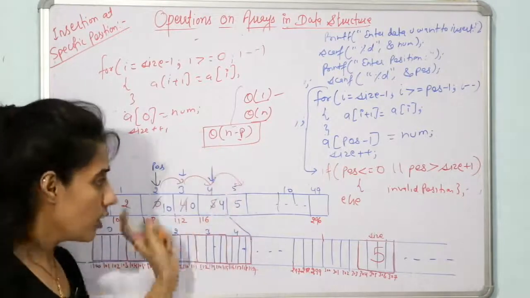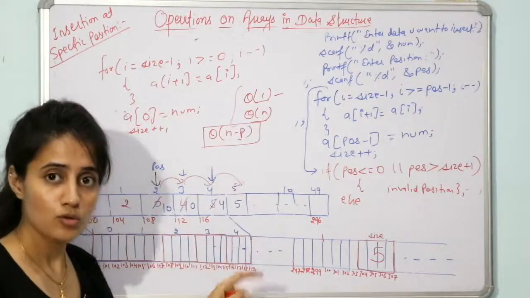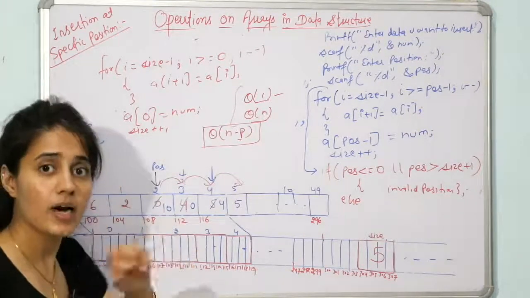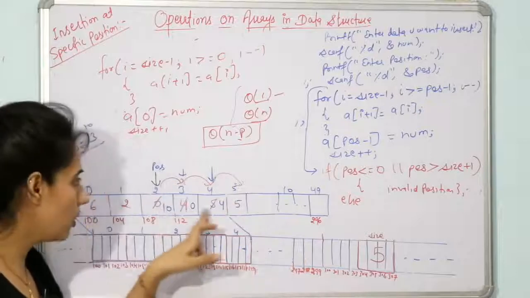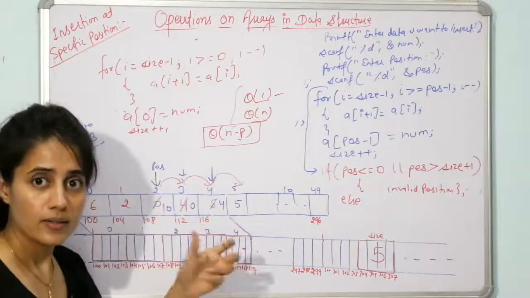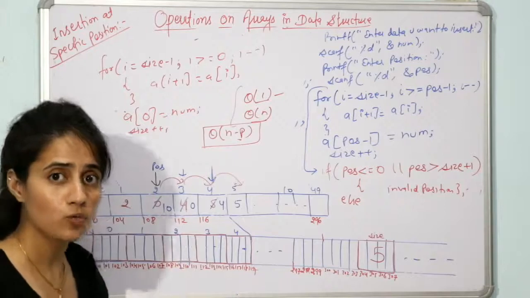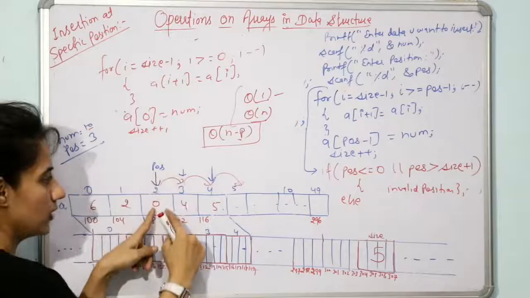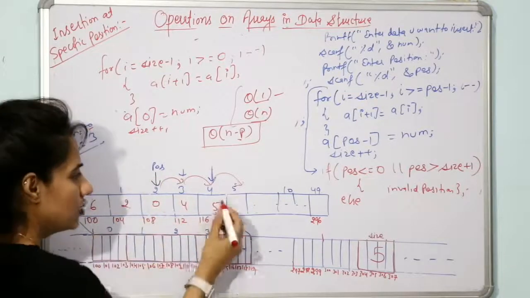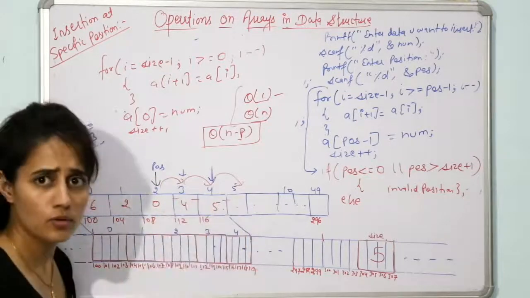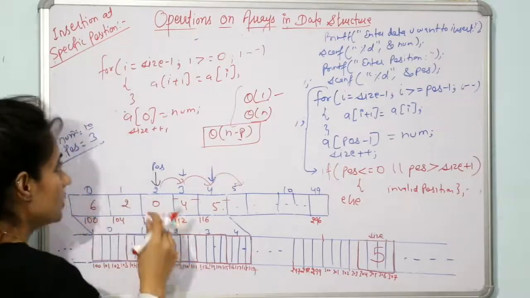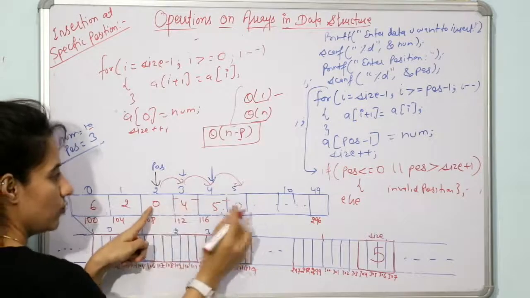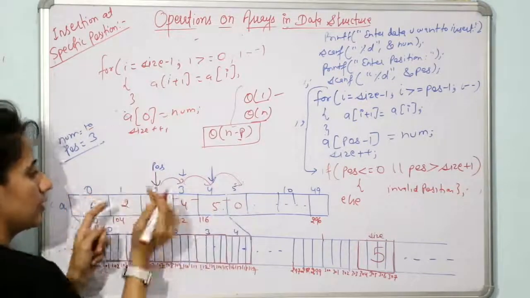Now see, this is an unsorted array. So now the best algorithm to insert data in an unsorted array, because you are not concerned with the ordering of the array, is what you can do. See, you want to insert 10 here at position 3, initially the array is this one. Rather than shifting like this, because the array is unsorted, you can simply take this value, insert it at the end of the array, and here you can insert directly this 10.